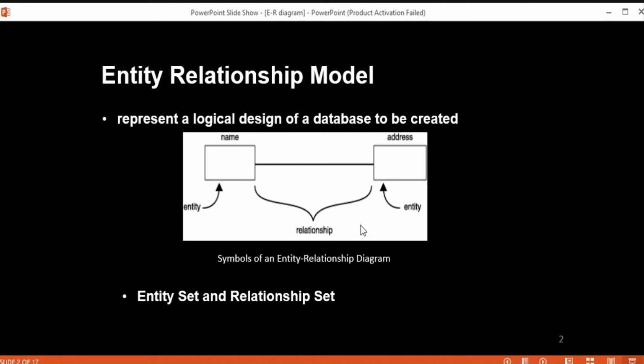Now say, for example, one system is there where a job is running every night, and that ultimately updates the database. So you can say that here the job and the database are two entities, and as I told you, that job runs every night and it updates the database. So you can say that updates is the relationship between those entities.